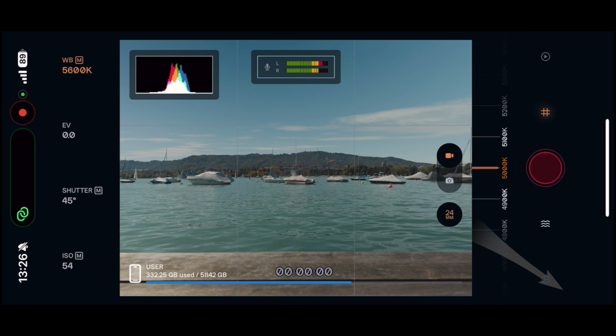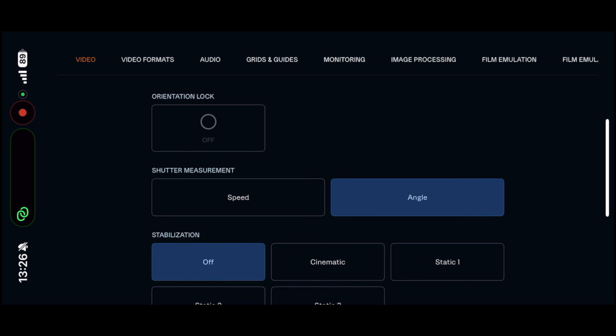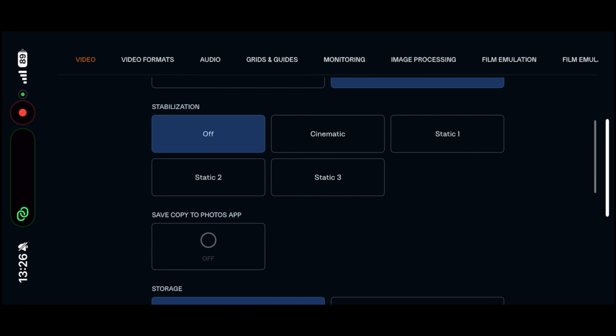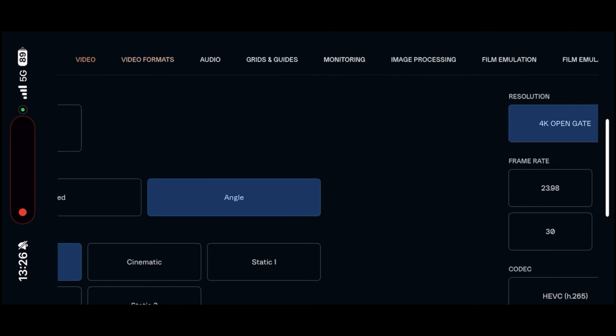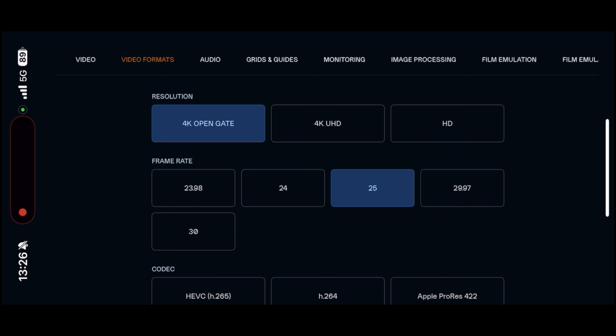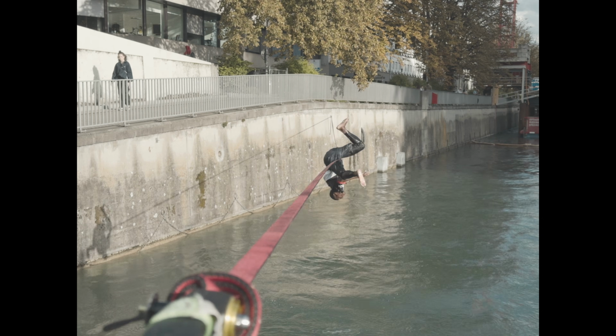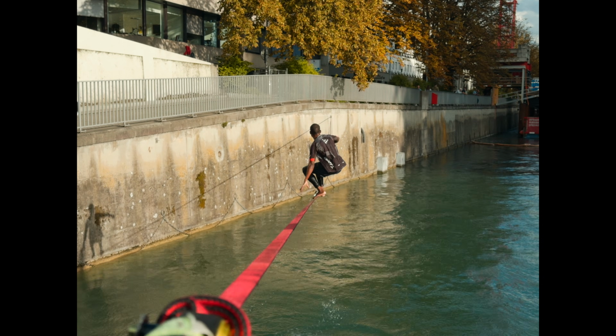Now in the settings, you'll find a wide range of advanced options similar to the Blackmagic camera app. You can adjust orientation, change shutter measurements, adjust stabilization, and even record internally or externally to an SSD. You're also not limited to only shooting in OpenGate. Pearla lets you shoot in standard formats like 16:9, 4K. For frame rates, 4K OpenGate supports up to 30 frames per second in Apple ProRes log, and you can also